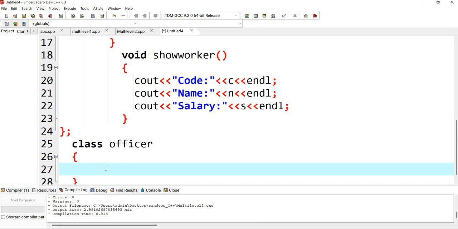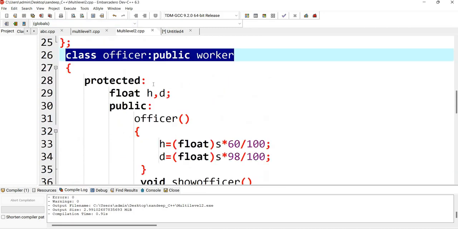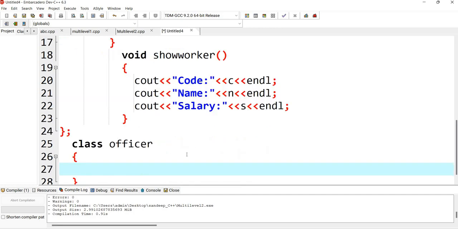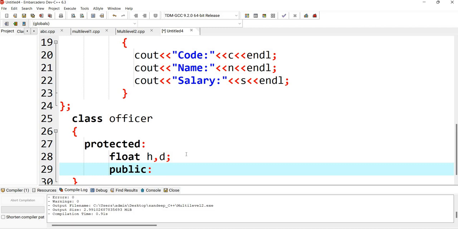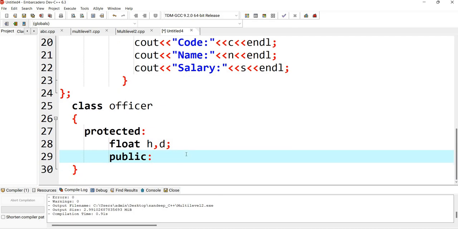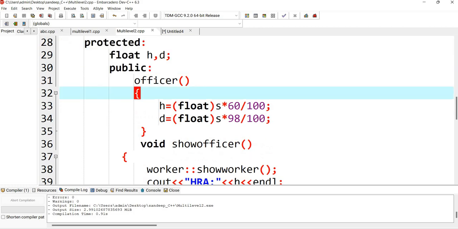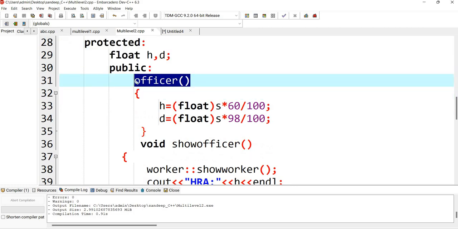So I'll take all the inputs which I have taken earlier, HRA and DA, one for HRA and one for DA. Within this class, I'll be taking a member function instead of the constructor. Here you can see this is a type of constructor, but we are not taking a constructor. We are creating a member function.